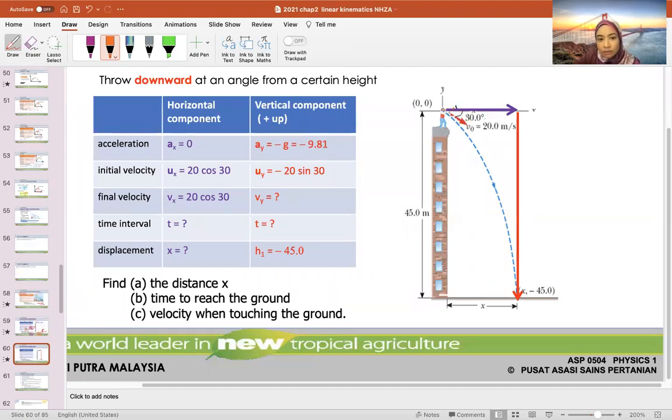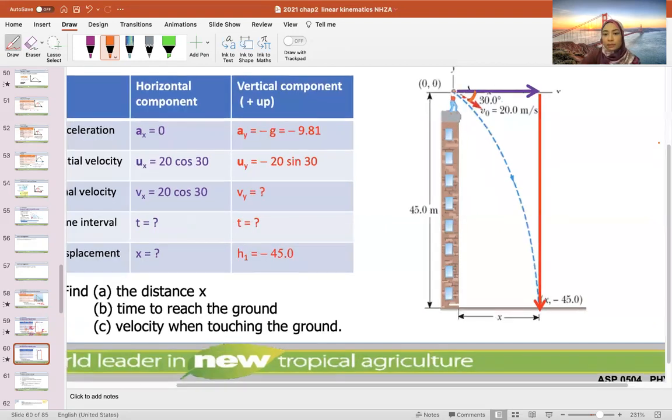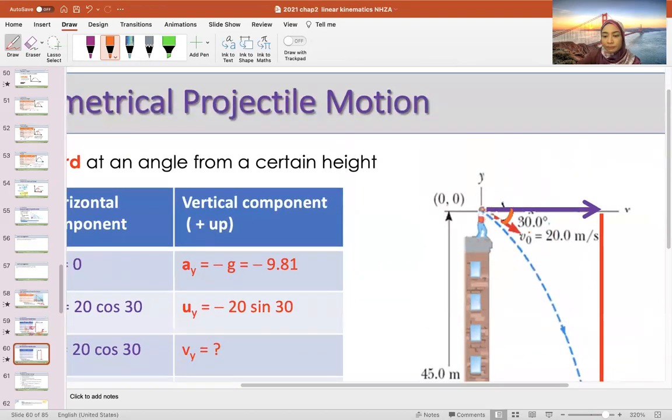So now the velocity vector is 30 degrees below the x-axis. This is your V0. How do we resolve this into its x and y components? So if I were to draw the components over here, this would be my ux and this would be my uy. Okay, it looks straightforward, right? This is the velocity vector in which he is throwing the